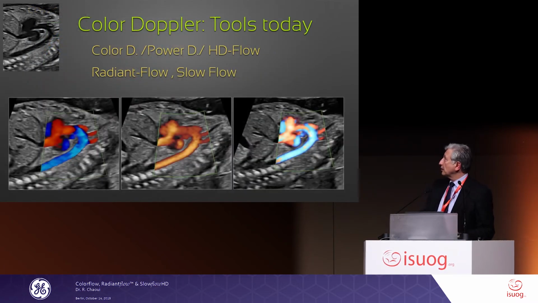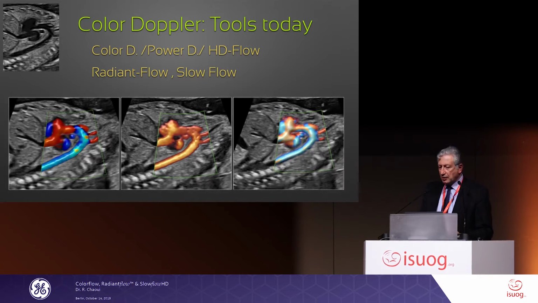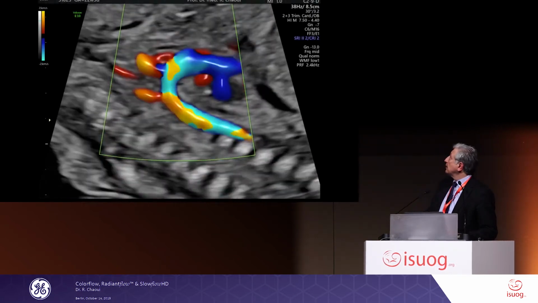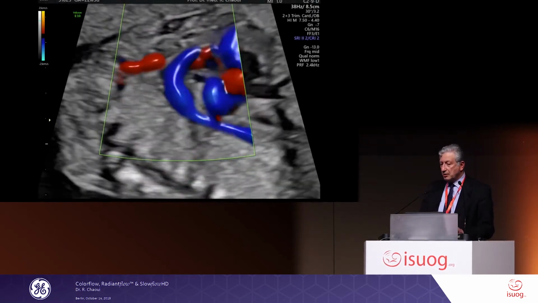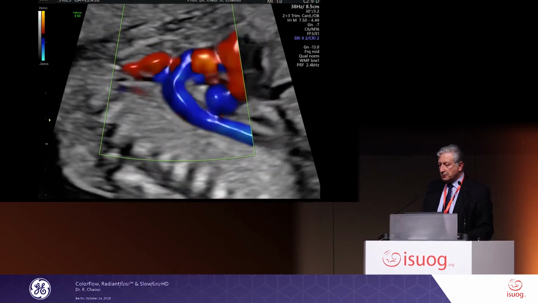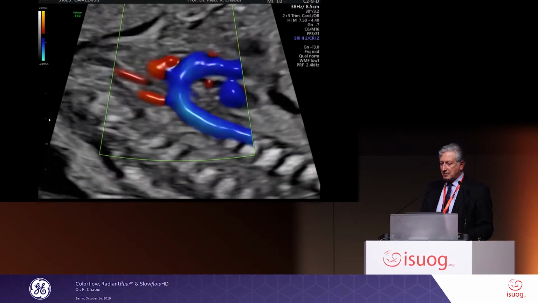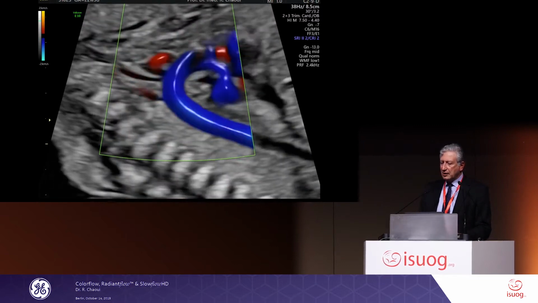If you see the Arctic arc, you can get either the color, the power, or the high definition flow, and you may switch to Radiantflow, and then this is the three-dimensional appearance you will see. At the beginning, I thought it's only a post-processing technology. But in the meantime, while you are scanning, it is already during the calculation of the picture. At the beginning, I was using this very often when I had colleagues doing ultrasound, like radiologists and cardiologists,